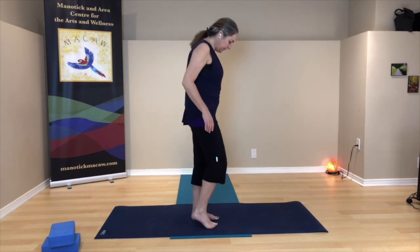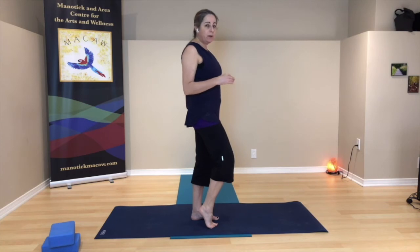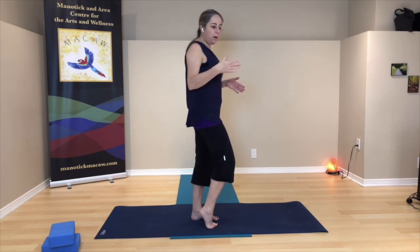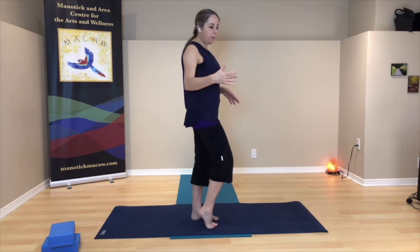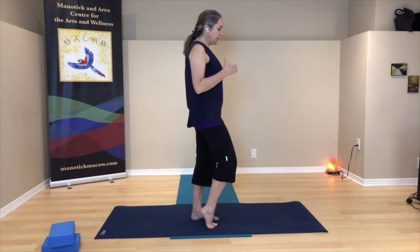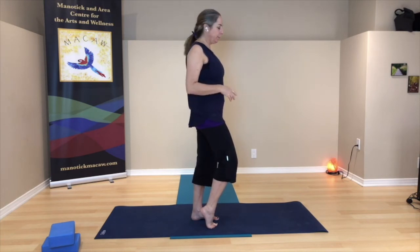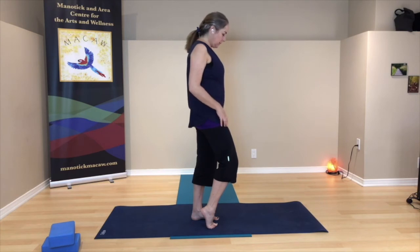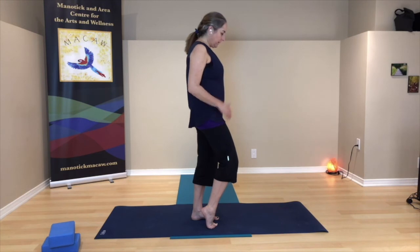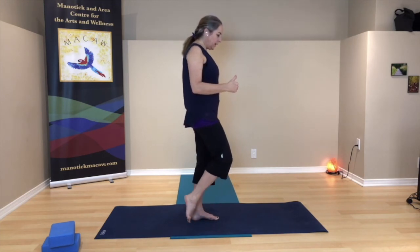So as you've lifted the heel up, you can feel the stretch maybe in the toes of the left foot, and you can play with your weight being closer to the big toe or maybe over towards the little toe. Just sort of letting there be that nice stretch into the upper part of the bottom of the foot. Okay, then we're going to flip the foot over. So release that and bring the